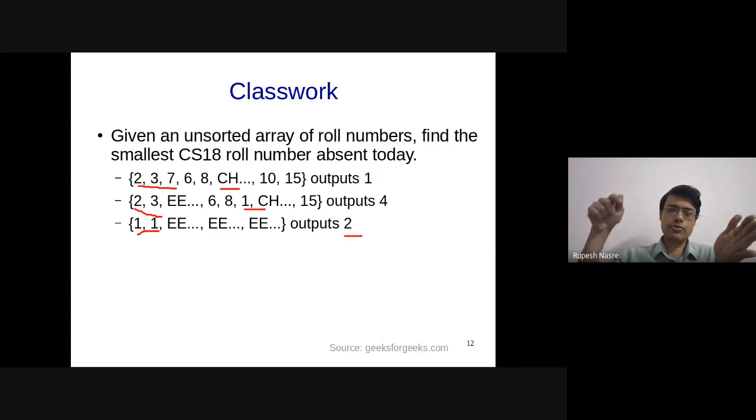For example, if you have a very large max roll number, let's say 20n or 100n and so on, even if you have that, as soon as you have that, that means that some number in 1 to n is missing, because you have only n numbers. So that is a crucial observation which Parth has made, and that is going to allow us to have the space complexity still order n, and the time complexity will also be order n.